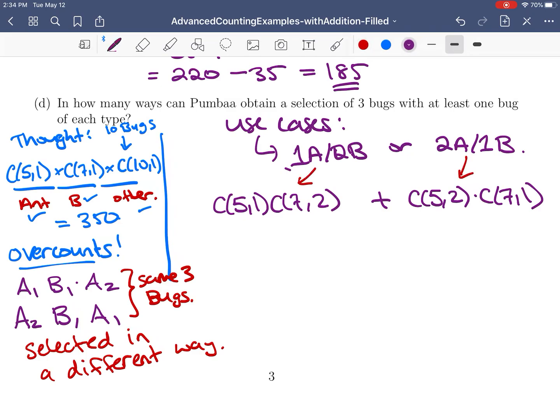Okay, so let me just put an arrow here. So that's that one, that's that one. We add them together. So this one was 105. This one is 10 times 7, which is 70. So in total, there's 175 selections with at least 1 bug of each type. So that's some practice with